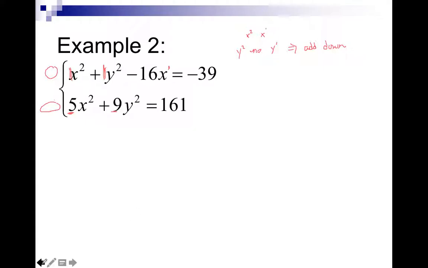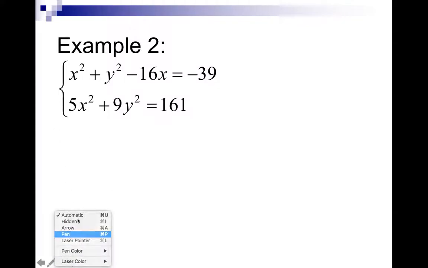So let me back up and then go this way so that I erase. That's how I can erase on my Mac. All right, so I can use the add down method. But if I just add down right now, I'm going to get 6x squared and 10y squared. That's not eliminating,